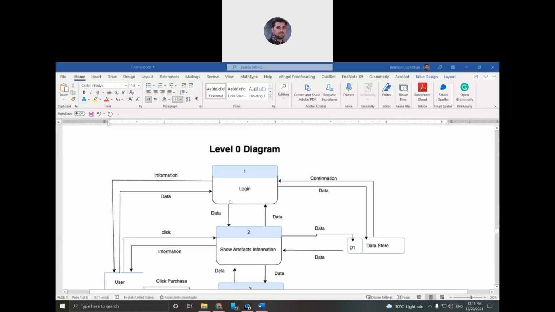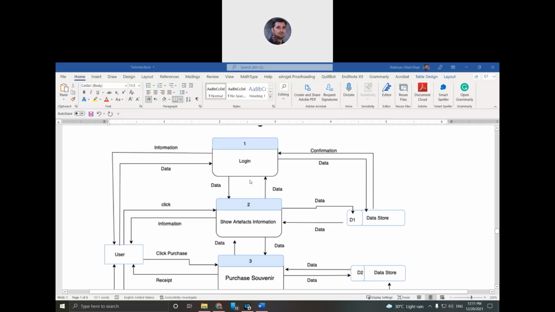So you can link these processes. Here the 1, 2, 3 represent a process, and you can actually link these processes back with the use case diagram. Okay, so the first process I put as login. You see, I didn't put it as registration. I put it as login.